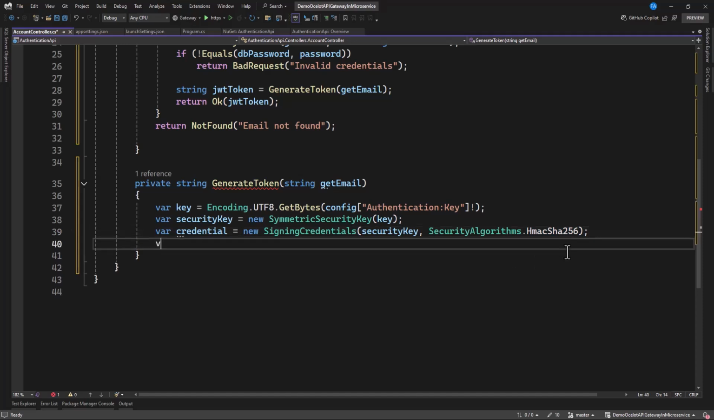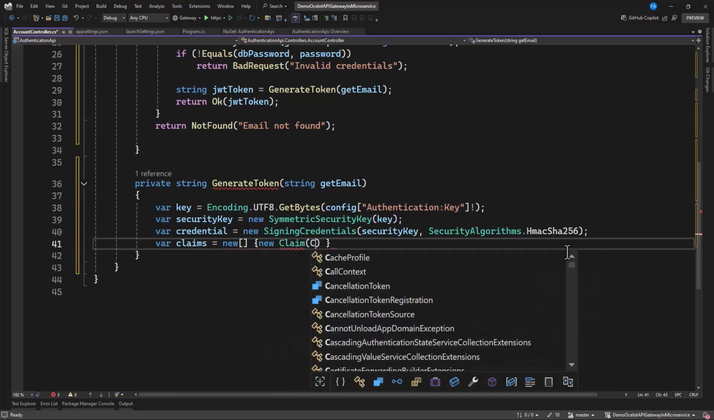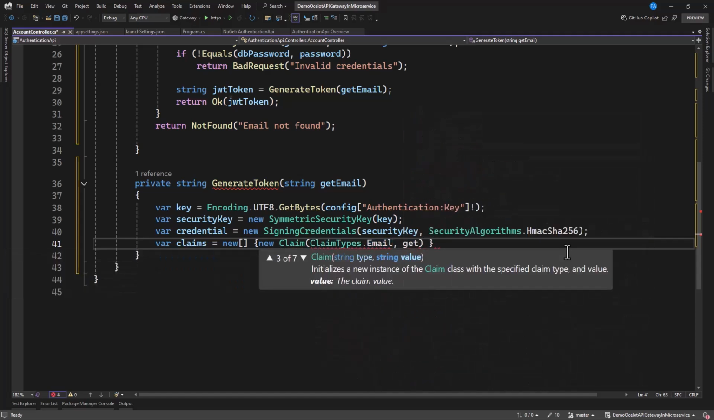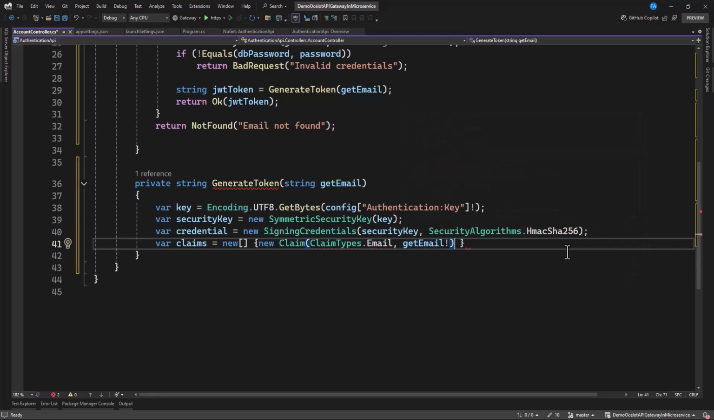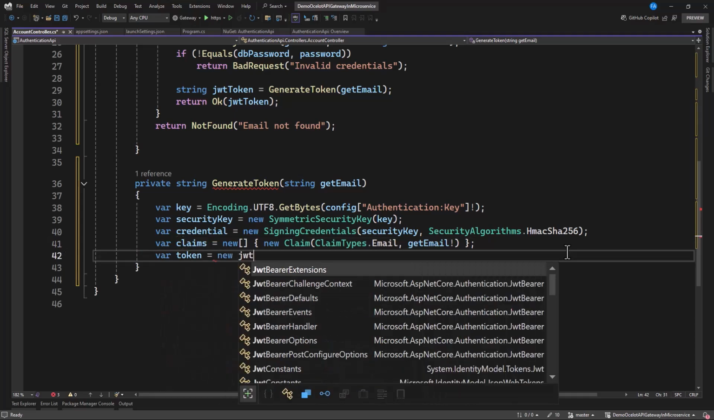Now this claim, since we have only the email, we're going to set only email as a claim. So in here we're going to have new claim, and now here we need to specify ClaimTypes.Email, and what is the value? Get email. That's all we need to do. Okay, so once you have this, now let's get our token, and now this equal to new JWT